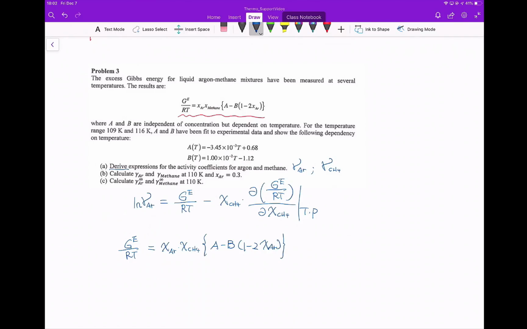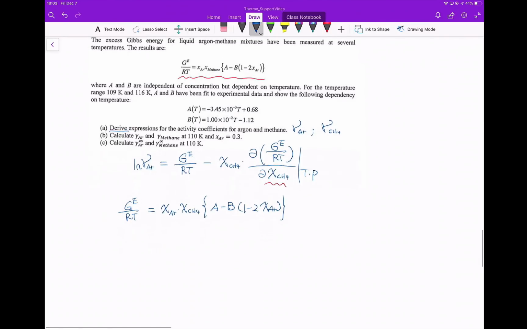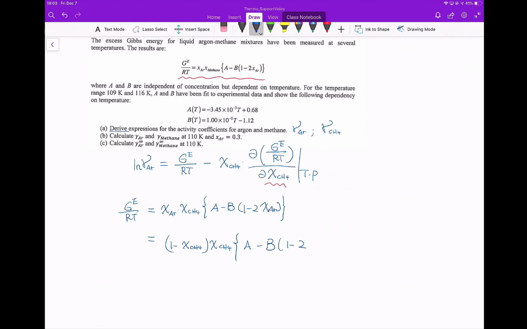So in order to take the partial derivative with respect to X methane, here I'm trying to rearrange the terms, trying to get rid of all those argon terms. So this is 1 minus X methane times X methane. A, B are only depending on temperature, so when I take this partial derivative, that would be 0. Then B times 1 minus 2 times 1 minus